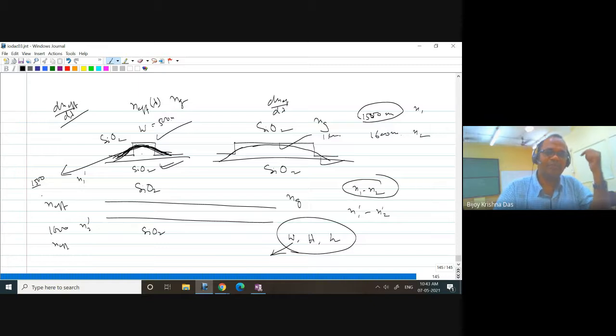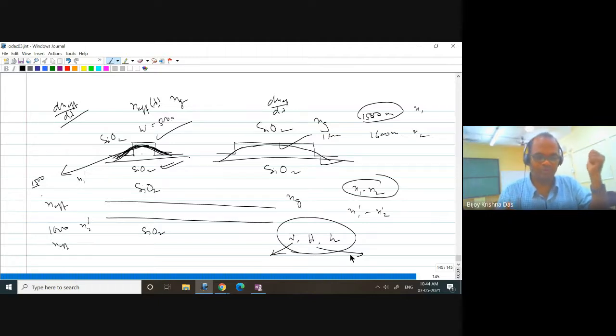If your height is, you are going more and more, for example, say you are considering a thickness of H equal to 5 micrometer. So in that case, if I just change 1500 to 1600 nanometer, the effective index, you will not see much change, because with respect to that height, if I consider for a given W and small h, suppose capital H is 5 micrometer, so that would be less, but all of them are very tight.